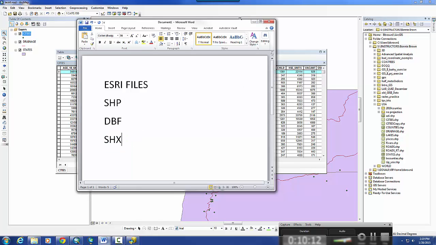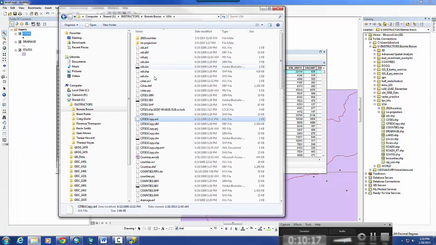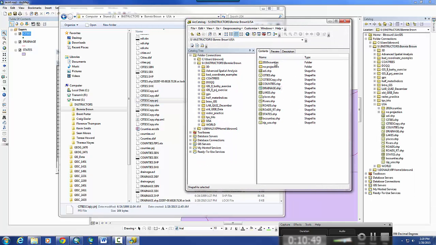You're going to also see some other files. When we brought that up in the Explorer window, you see all these other files: SBX, AVL, PRJ. The PRJ file is extremely important. That is what tells the file where to go. SBN, SBX, all sorts of different files are in there, and they all help make the file work better. But if you look over here, you only see the SHP in Catalog, or if you look at the standalone operation for Catalog, you only see SHP. That's because